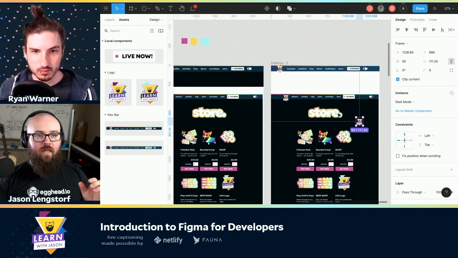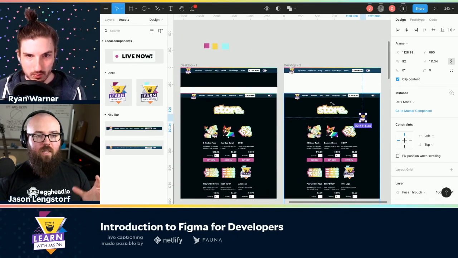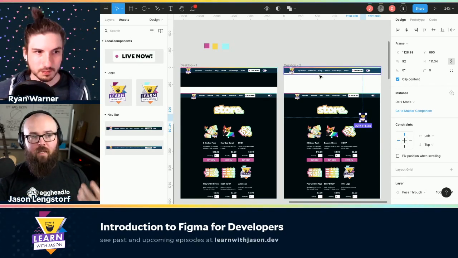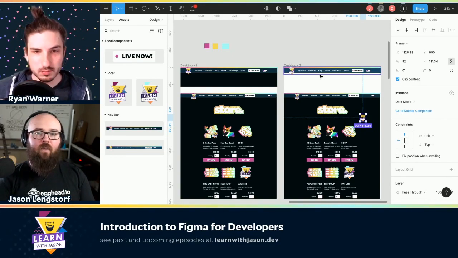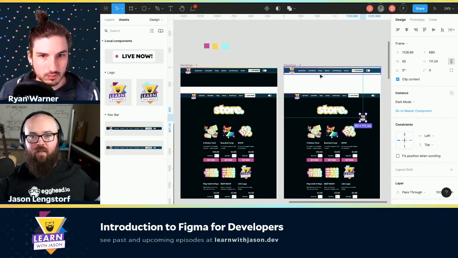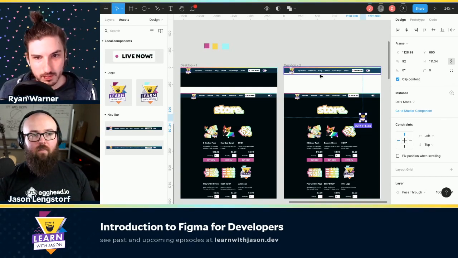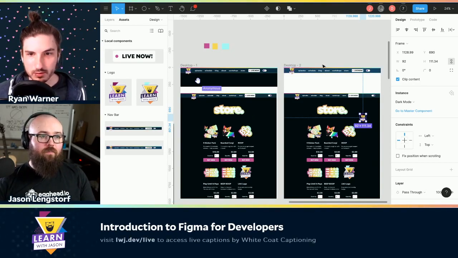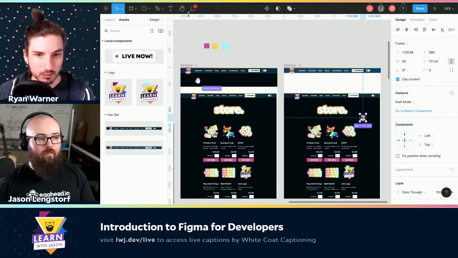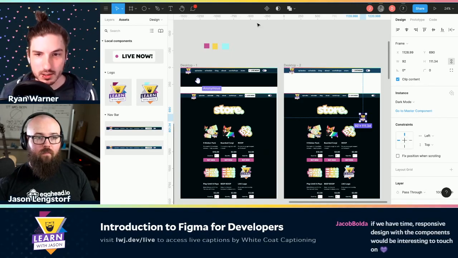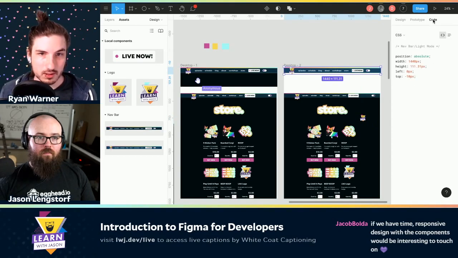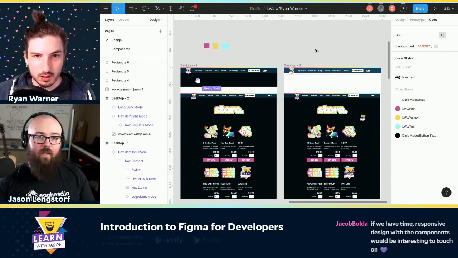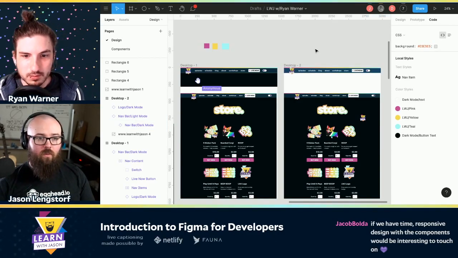And I feel like this gives us a much better sense of control where we're only modeling the things that actually changed instead of having to copy paste this nav over. And then if I make changes to the nav, I've got to go fix 40 instances of the nav. It really helps to keep things simple. Agreed. It's really built for designing for the web. And the thought that's gone into all of the features and functionality is really par none. In my opinion, it's great stuff.